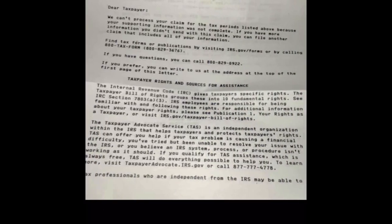And if you have to provide additional information to the IRS and you do not do so, you will get a notice that states, like this particular example, "Dear taxpayer, we cannot process your claim for the tax periods listed above because your supporting information was not completed." Make sure you are providing all of the documentation that you need to provide to the IRS in a timely manner so that they can complete your 2022 tax refund. If you need forms, you can get forms on the website at irs.gov/forms or by calling